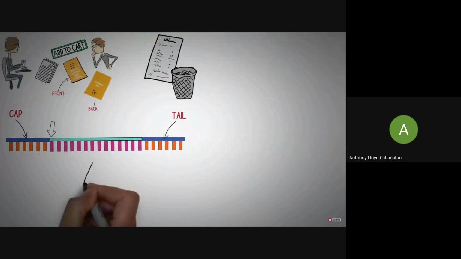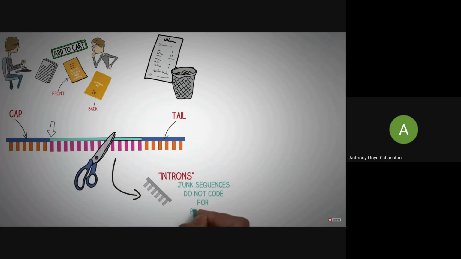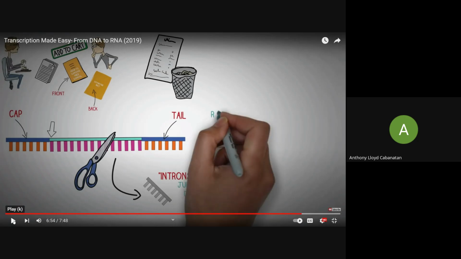The second step of this process involves removal of any unuseful or junk sequences that do not code for proteins, and these are known as introns. This is known as